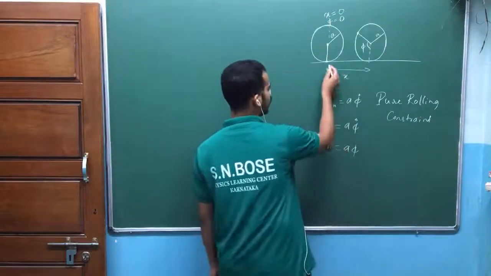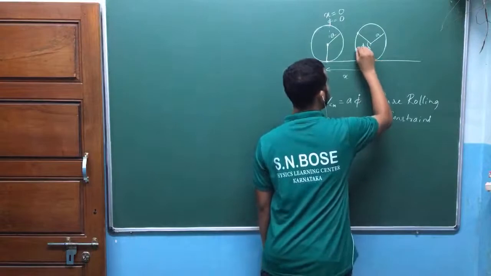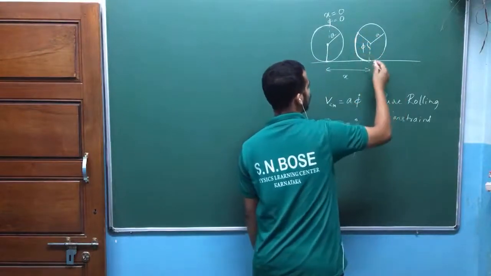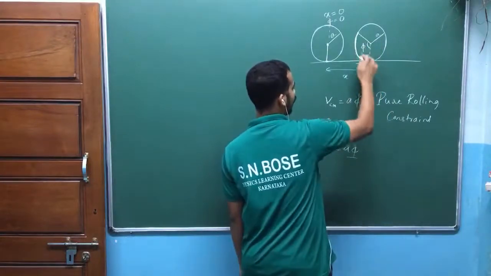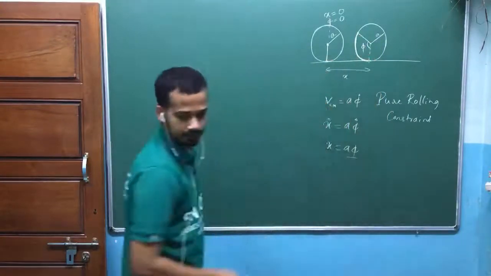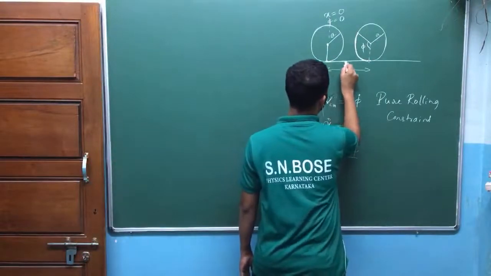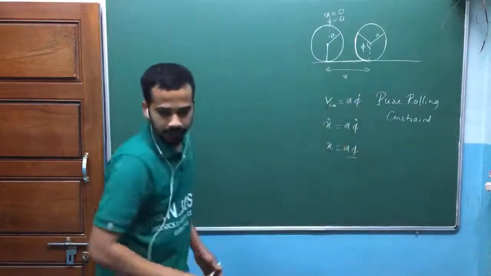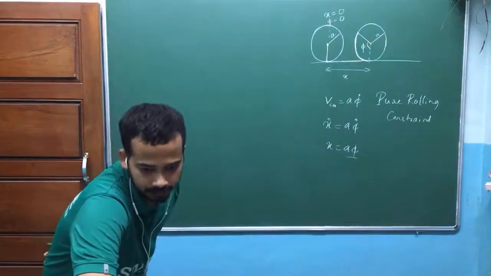So that you can feel here, isn't it? This distance should be equal to this much, am I right? So this arc length, that's equal to a into phi. A into phi is this arc length. This arc length should be equal to this distance. Can you just imagine that one? If this is not clear, quickly comment on the comment box. Let me try to convince you. Pure rolling constraint. Any question?